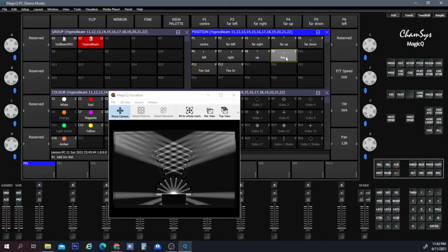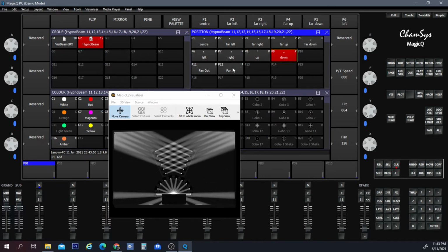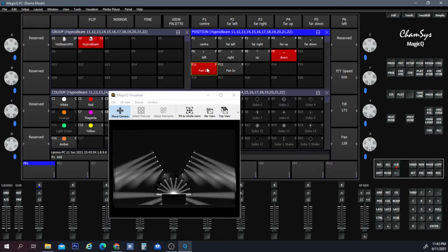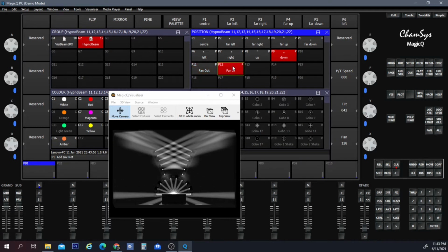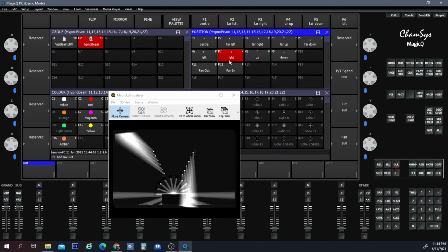Pretty cool. So then what's down? Oh yeah. So down and fan in, fan out is similar, I guess. Fan out isn't. Fan in pretty much looks like down. Yeah, it's pretty similar. Up, right. So for the right, I would probably do,